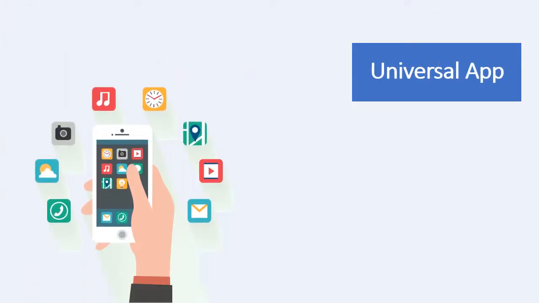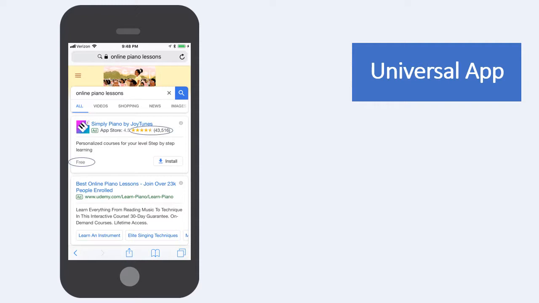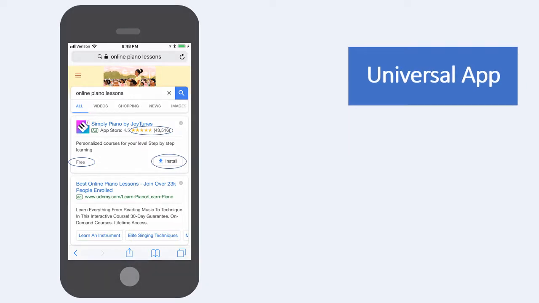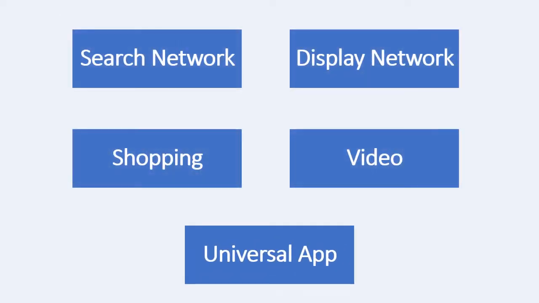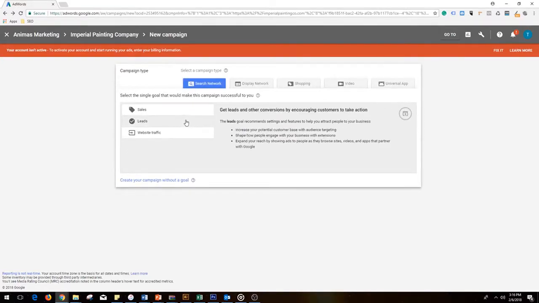You would choose this campaign to promote an app across the web. This can be promoted through Google Search, Google Play, YouTube, Gmail, other apps, and mobile websites on the display network. These types of ads can commonly include customer reviews, price, and a call to action for installing the app. Now that we have covered the different campaign types, let's check back with Mark's Painting Company on the paid advertisement process in Google AdWords. After selecting the search network campaign type, they decide to select the sales goal since they